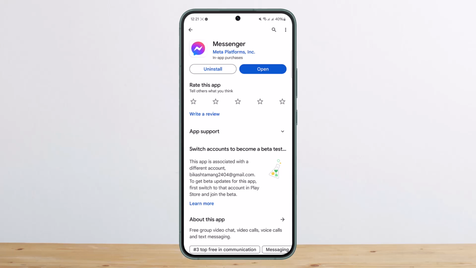Well, the process itself is pretty simple and pretty easy, so let me guide you through. If you're tired or frustrated of the particular option that shows up suggestions on your Messenger, what you can do